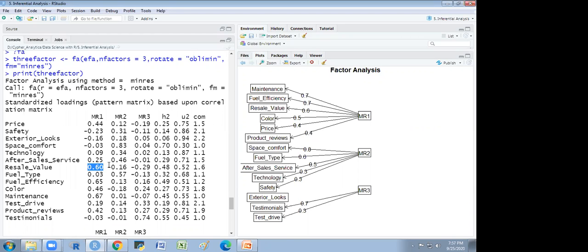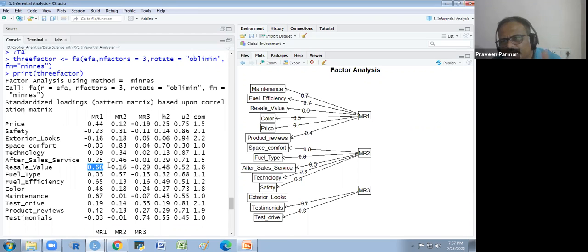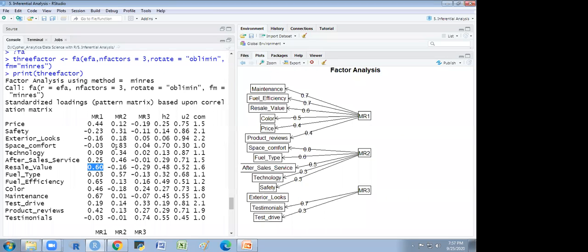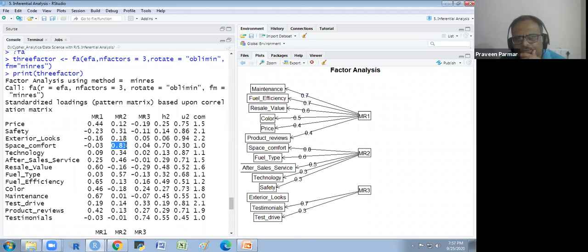And the rest of the values we will leave blank, right? We will not take them, or we will take them? No, it will go to MR2, the other values. See, if you see the 0.83 is your highest, so 0.83 will go to MR2, which is space underscore craft. You see here, space underscore craft. It is the MR2. So this will be divided in 3 parts, 3 groups.